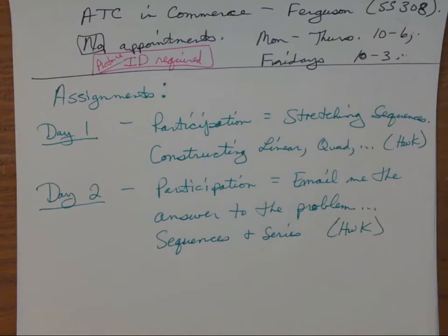Again, on this participation, these are things that you would do while you're following along with me on the videos, or while you were in class with me. So I don't expect those to be beautiful. I am literally looking to make sure you did them and maybe you got the formulas right. I'm not so worried about them being perfect. They don't have to be beautiful. Scratch work is okay. You need to have filled in as much of it as you can, but it's not